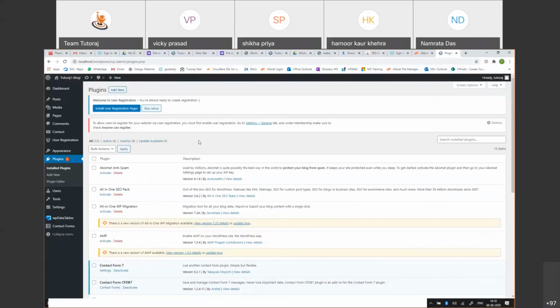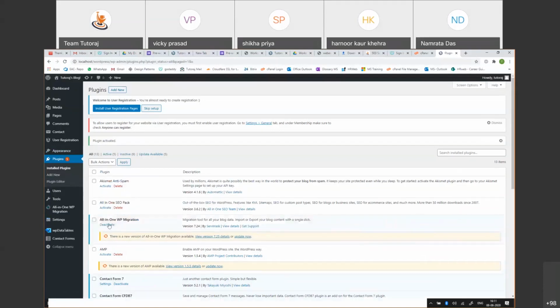And come back to plugins. Click on plugins. It will basically take you to this page. I see that in my local, I have All-in-One WP Migration installed but not activated. I think this will be the case for most of you if you're following the standard Bitnami installation. You will see in the third plugin All-in-One WP Migration, the one that I've highlighted in blue. You will see an activate button below it. Click on activate, because it is installed but not activated.